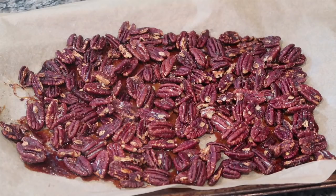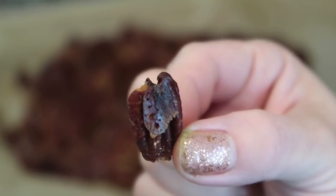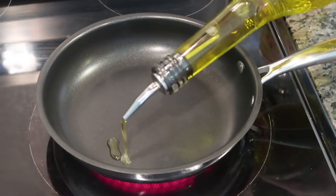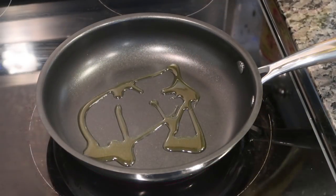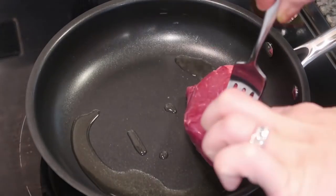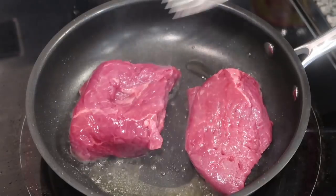And then by that time, our pecans were ready. And the key at the bottom, she says to let them cool, and you can see why. You're using elements that are super sticky, so you want that crispy crunch from leaving it. So I let my vinaigrette stew and marinate, and I let my pecans cool, and now it was time to